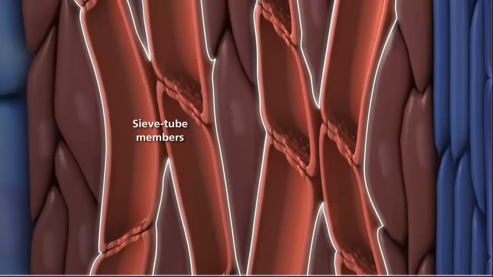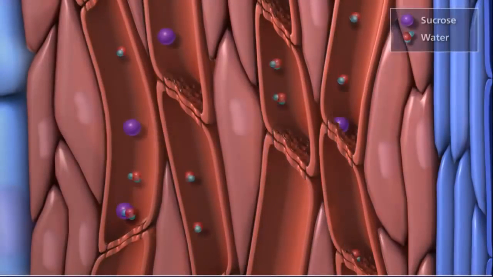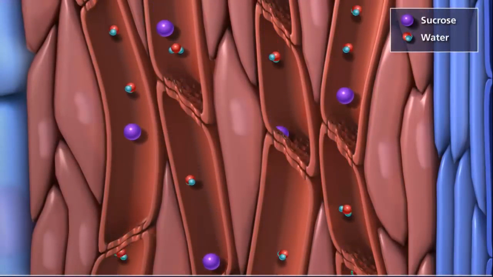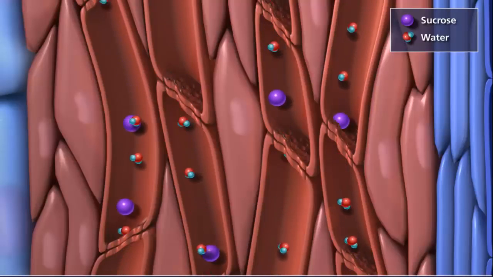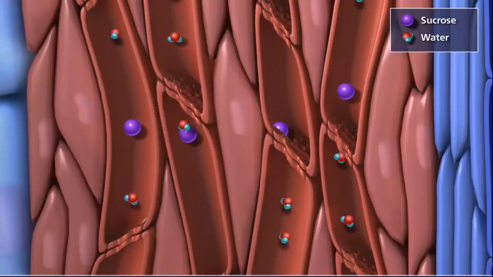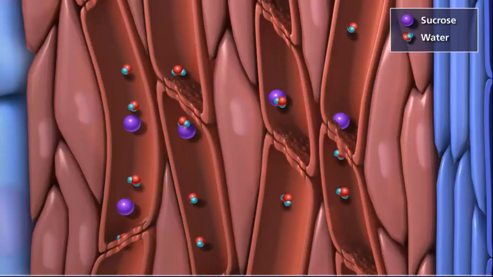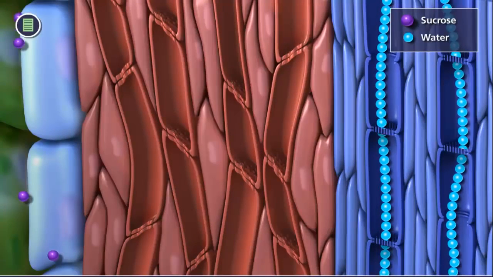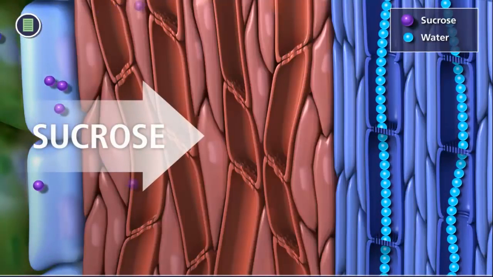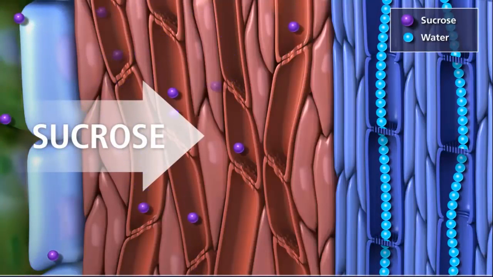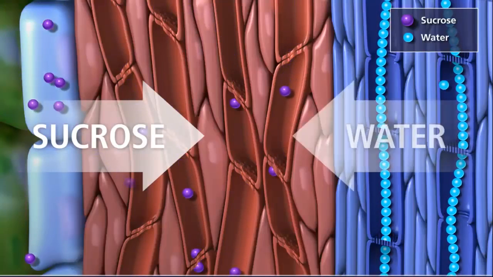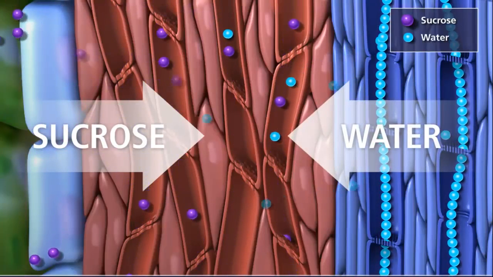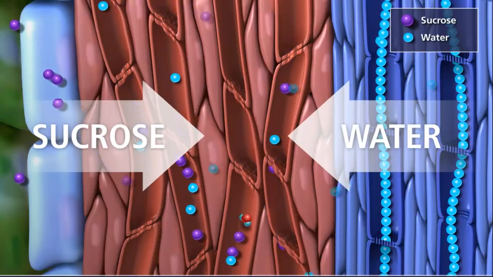Both types of cells have clusters of pores known as sieve areas that are abundant on the overlapping ends of cells. These structures aid in the movement of carbohydrates, like sucrose, that are manufactured in the leaves and carried in the phloem throughout the plant, a process called translocation. Turgor pressure increases in the sieve tube members as sucrose from surrounding cells is brought into phloem through active transport. Water then enters phloem from xylem by osmosis, which drives the transport of